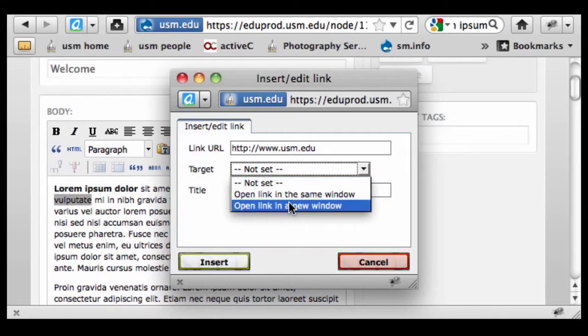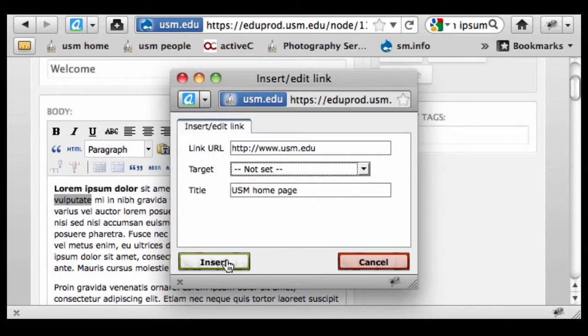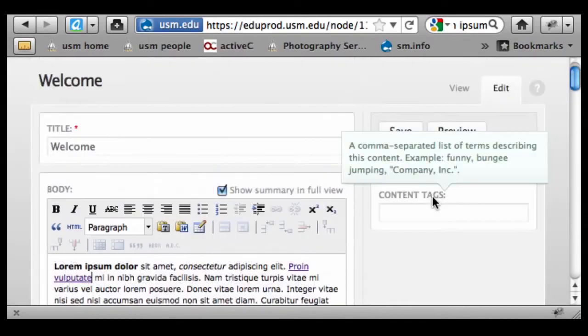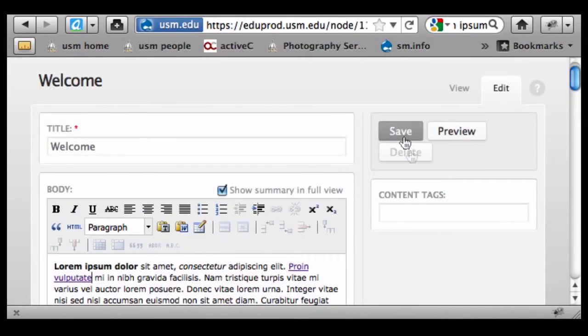Now I do have the option of opening in a new tab or new window if I want somebody to stay on my page and don't want them to navigate away. When they click on that link, it will spawn a new tab or a new window depending on how they have their browser configured. So if I click that and hit insert, you'll note that it shows up underlined in purple, and that's just showing me that a link has been inserted. So let's stop for now on that. Again, I would hit save to make my changes, but